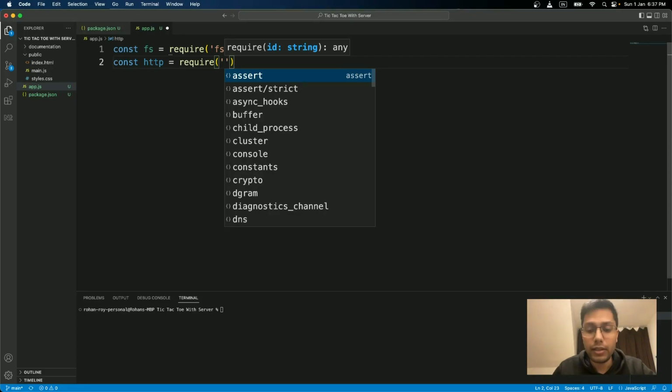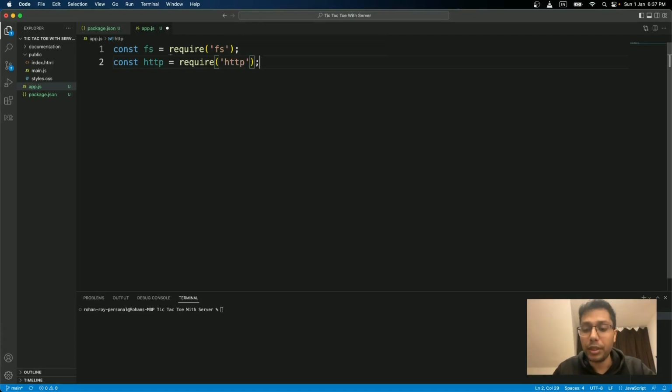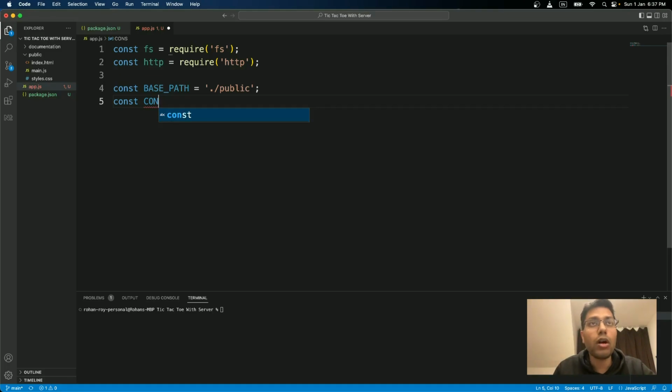Require http. Okay, after that we are going to define the folder where the static files are. So I will say base path is equal to ./public, and I will define a variable called content type extensions